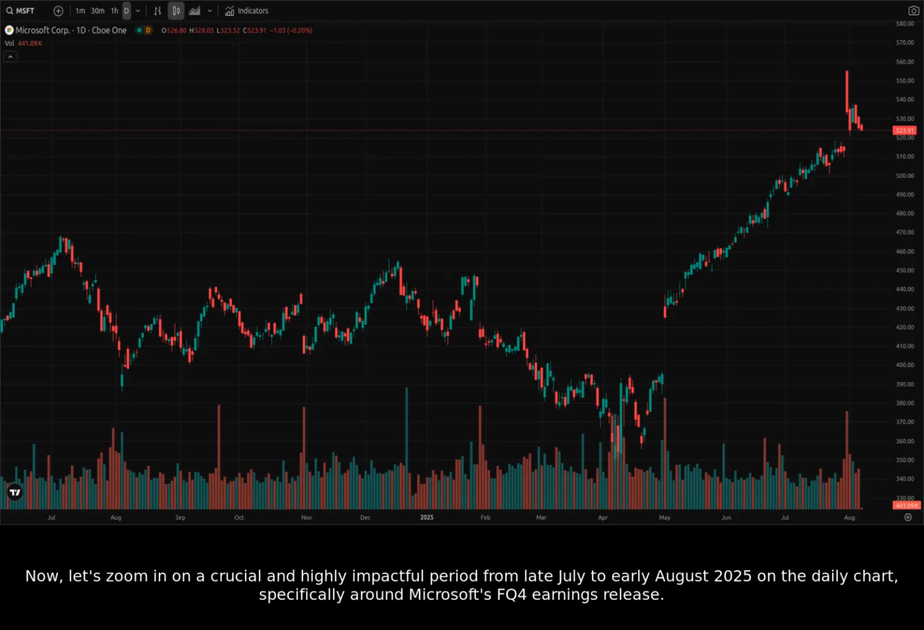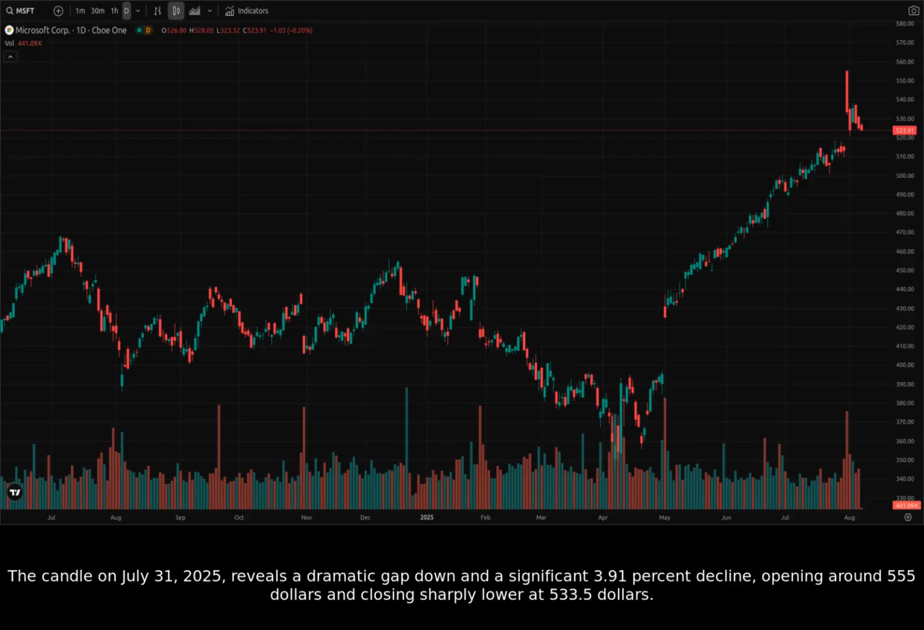Now, let's zoom in on a crucial and highly impactful period from late July to early August 2025 on the daily chart, specifically around Microsoft's Q4 earnings release. The candle on July 31st, 2025, reveals a dramatic gap down and a significant 3.91% decline, opening around $555 and closing sharply lower at